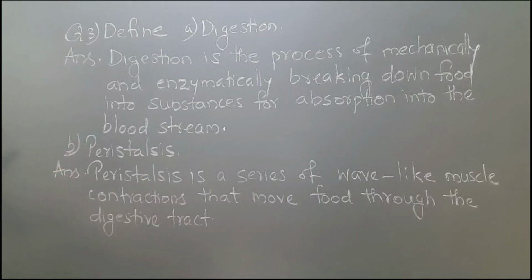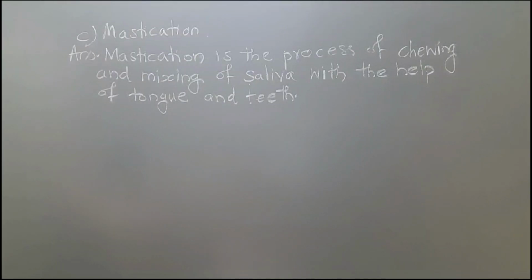Answer. Peristalsis is a series of wave-like muscle contractions that move food through the digestive tract. C. Define mastication. Answer. Mastication is the process of chewing and mixing of saliva with the help of tongue and